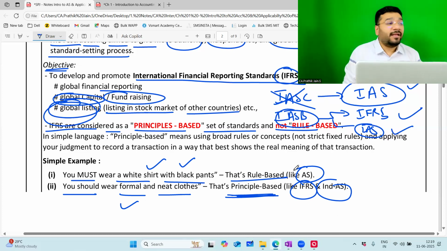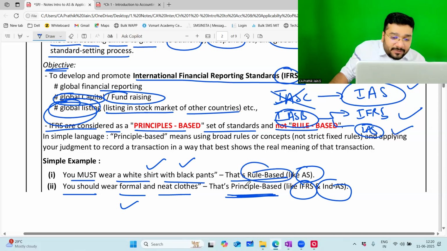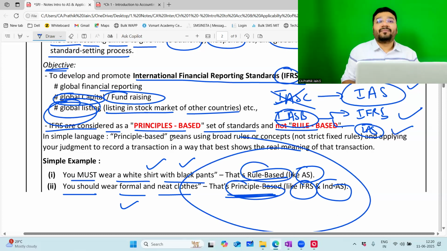In the reception, if you come wearing a sherwani, then what happens? I told formal, you came in a sherwani, which means you violated GAAP. GAAP says what? GAAP is a broader structure. In the reception, you can come wearing formal clothes. That is GAAP. In that, you can wear any type of formal cloth, or even if I specify, whether it is rule-based or principle-based, both are coming under GAAP.